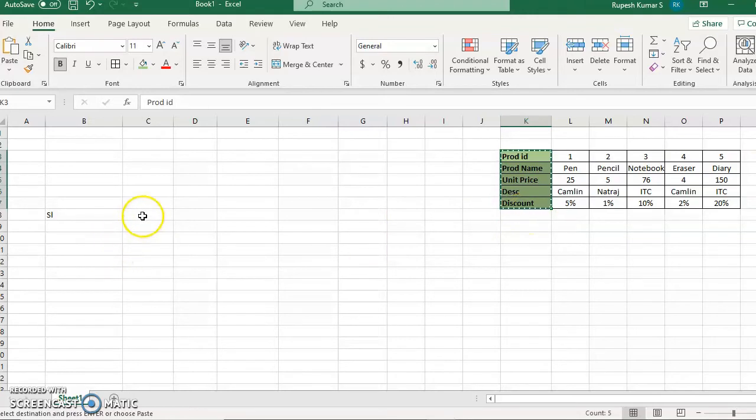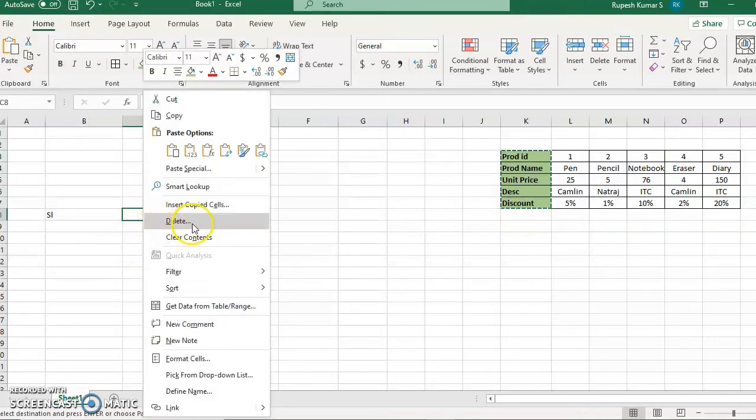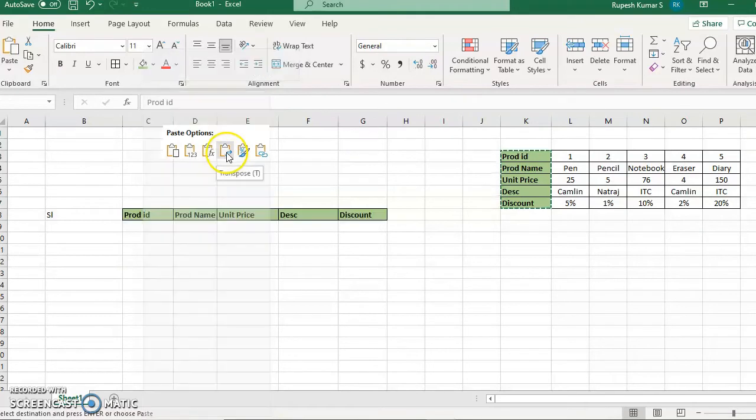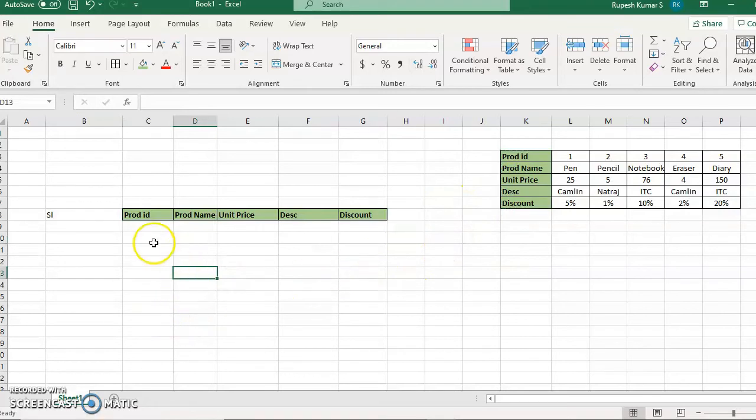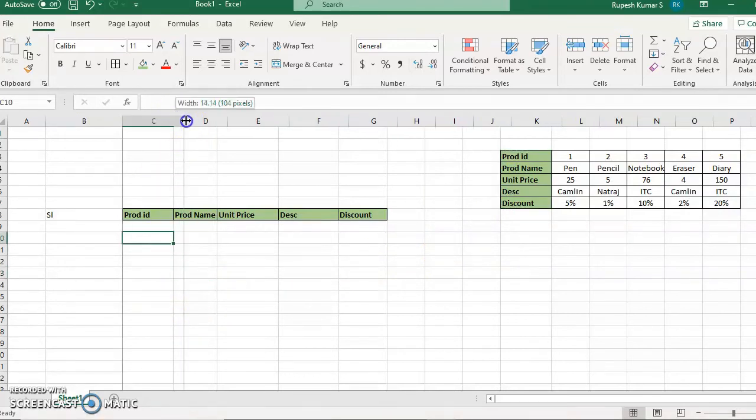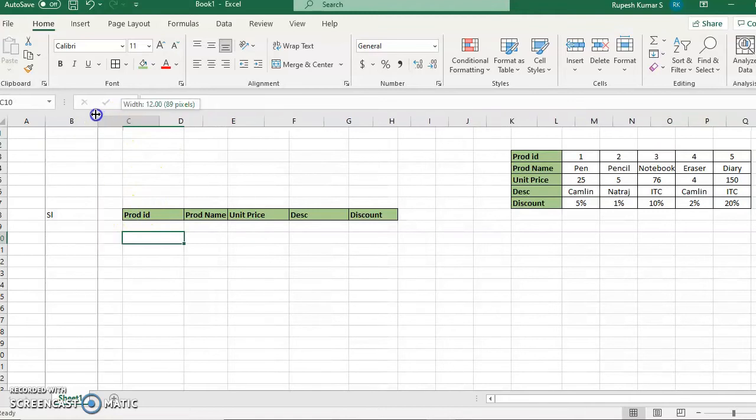Fine. So what I am going to do, right click, paste special and transpose, and if you see this button, which is like this, what, reverse L shape. So if you click on this, it will transpose your data. So without typing, I got all these details which I wanted to be there for me.